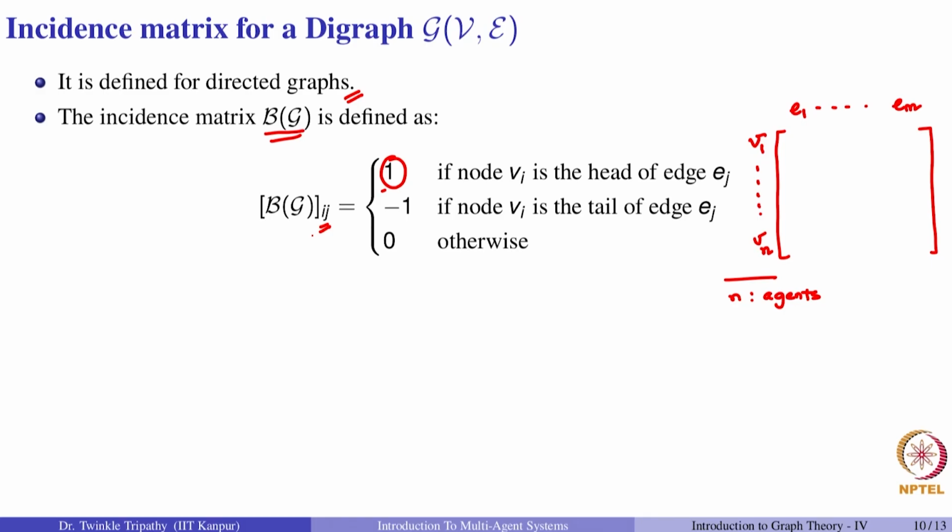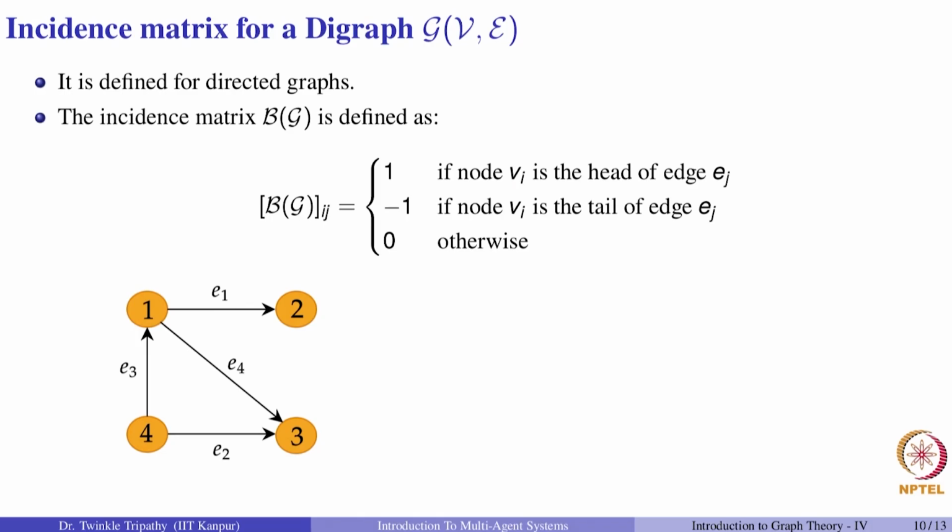any ijth entry here is 1 if simply Vi. So, now we are trying to fill the value in a given row, say, then every row, as we can see here, is associated with an edge. So, we say that now if Vi is the head of the edge Ej, only then we assign +1 there. If it is the tail, we assign -1 there, and if it is not associated with the edge at all, it is 0.